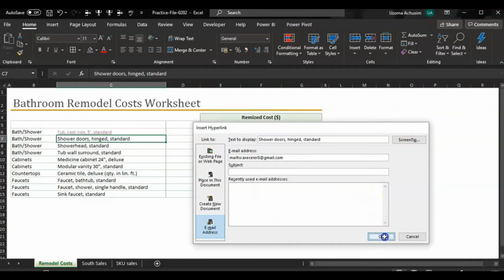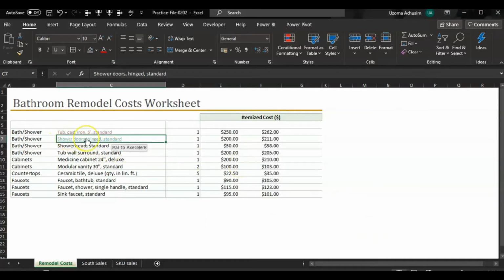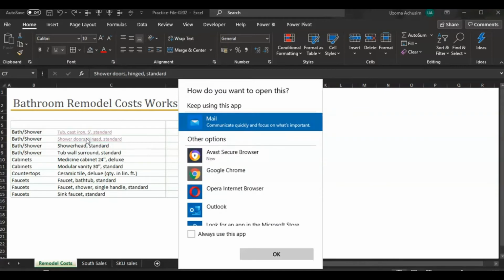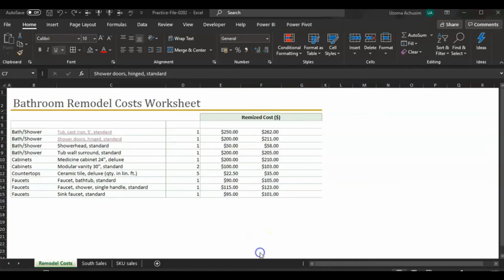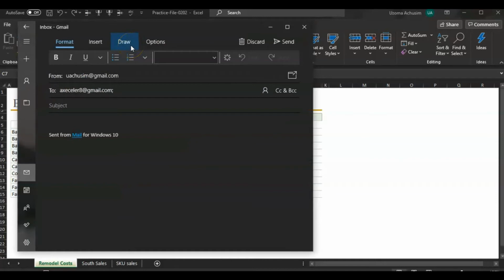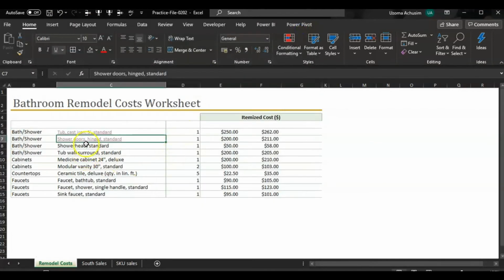So when we say okay, it creates a hyperlink here, and you can see the screen tip saying mail to accelerate once we hover our mouse on that particular cell. And if we click that link, it takes us to the default mail app that we have on the system. Okay, and here you go. It opens this, and here you can just send whatever mail you want to send. Okay, now that we're done with that,